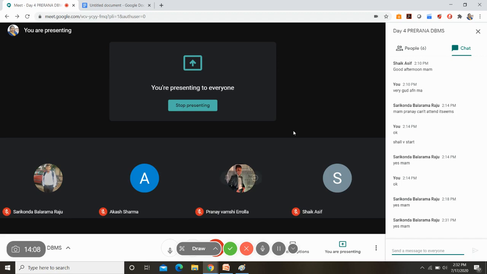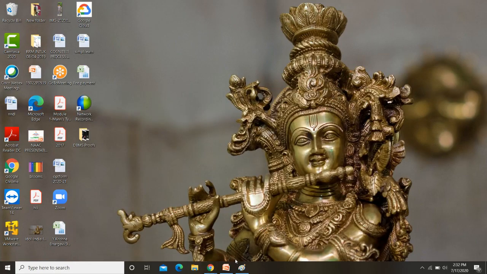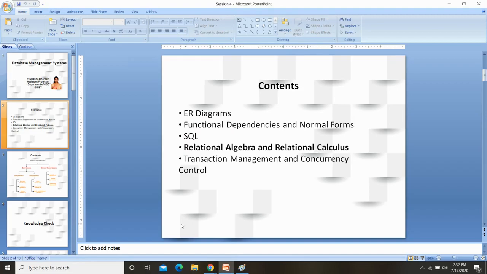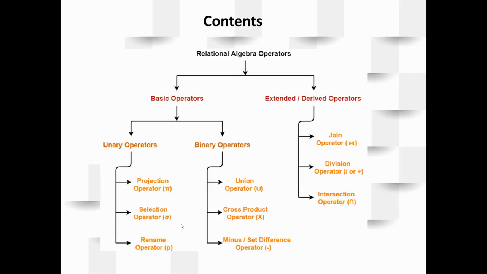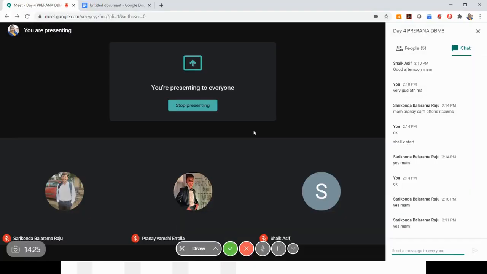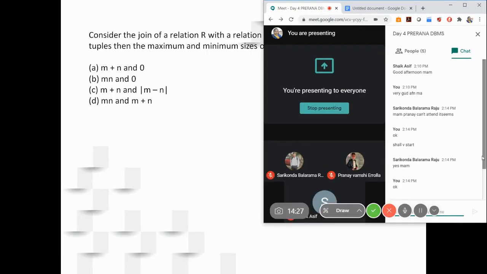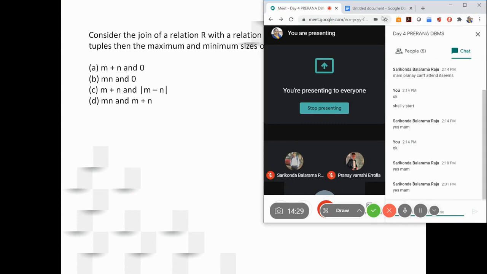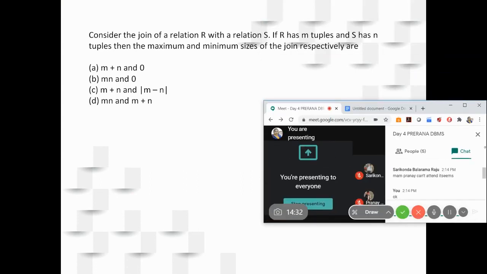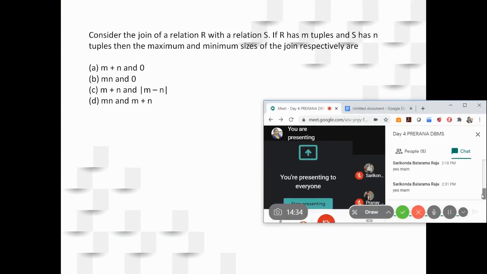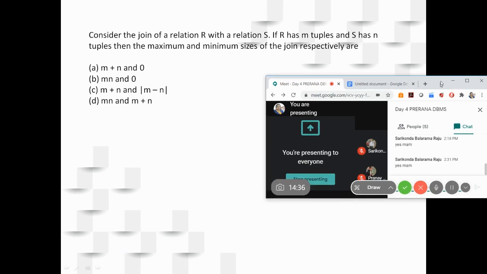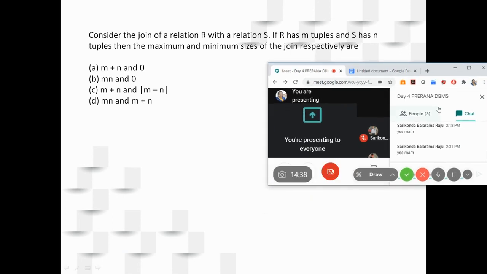Sorry for the delay. So here, these are the operators that I have just spoken about. So let us directly go to the knowledge check. Please observe the question. I'll minimize this so that I can even see the answers. The question is now visible to you, right? Now try to answer this.